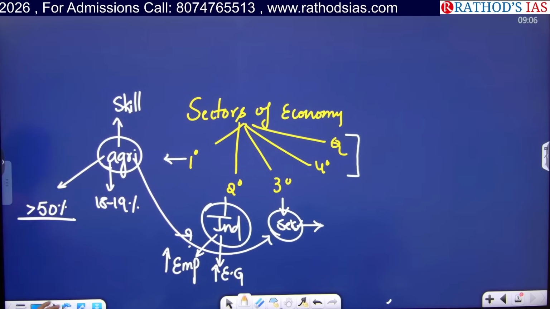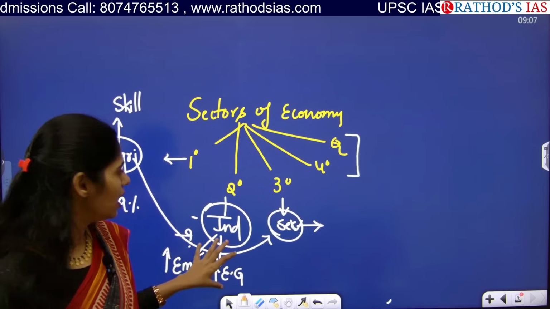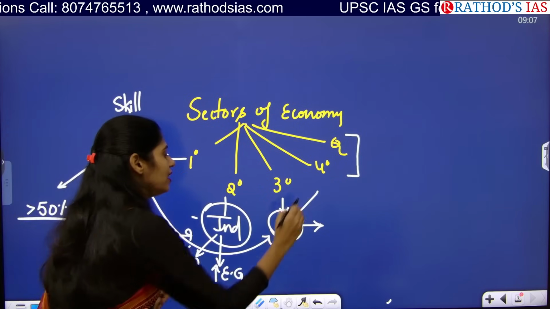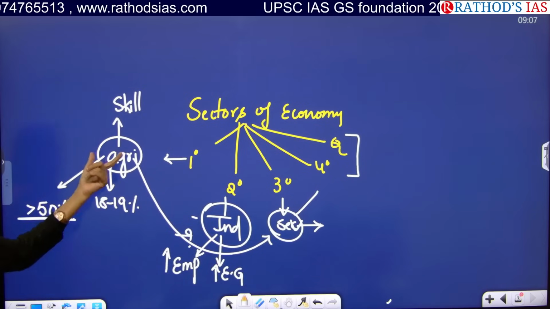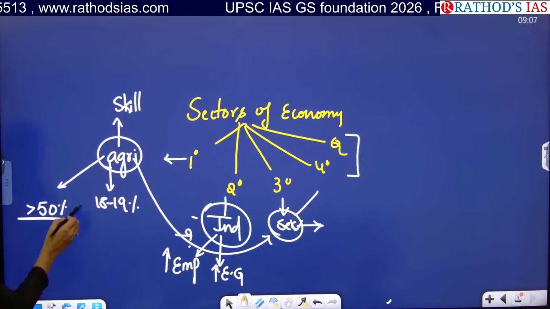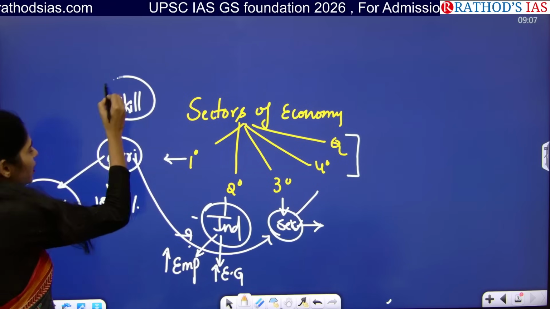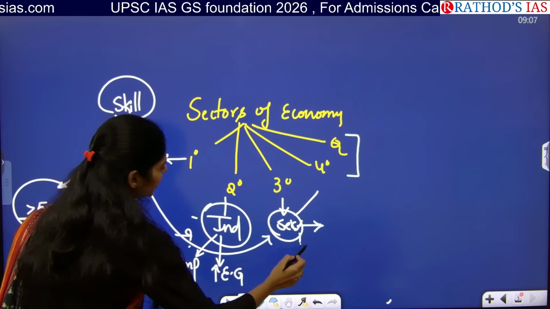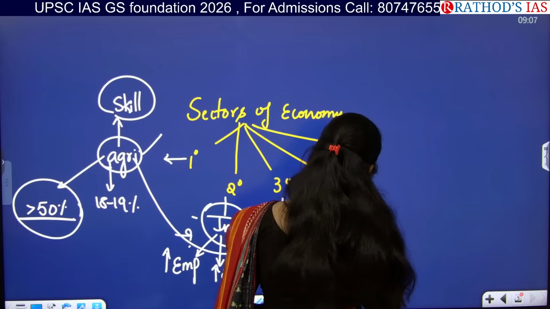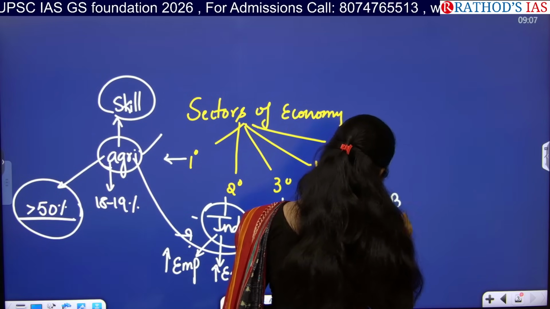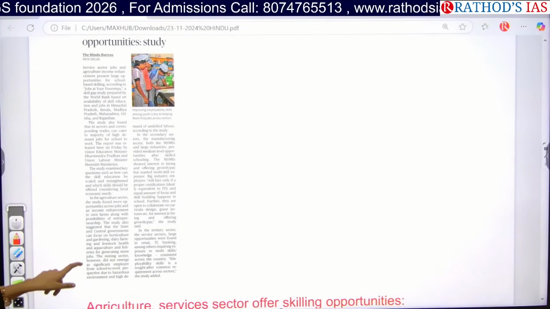Okay, so this article is saying that industry is a neglected sector in our country, but here service sector is contributing a lot to our economy, and even though agriculture is contributing less, more of the population is working in this sector. So because of this, we have to go for skilling of people who are working in this agriculture and service sector. This is a thing which was said by World Bank itself. Okay, now let us see this article in detail, why World Bank is saying like this.